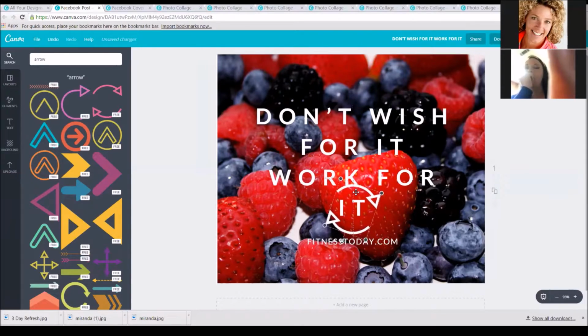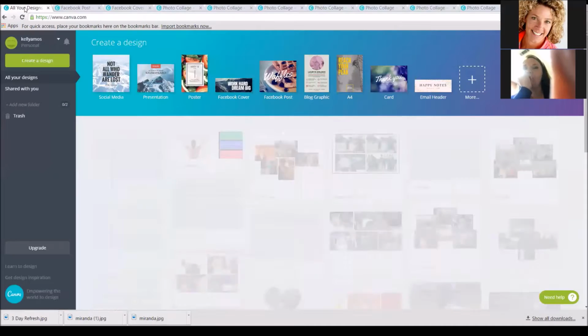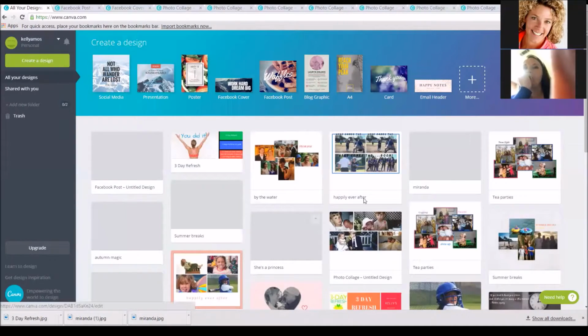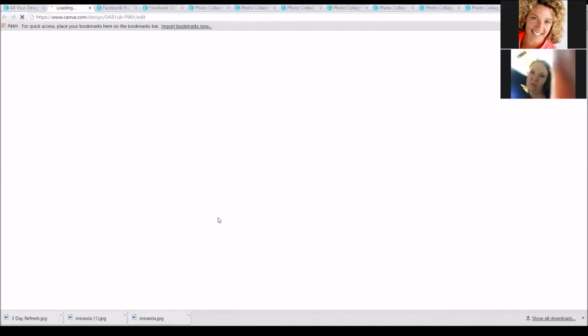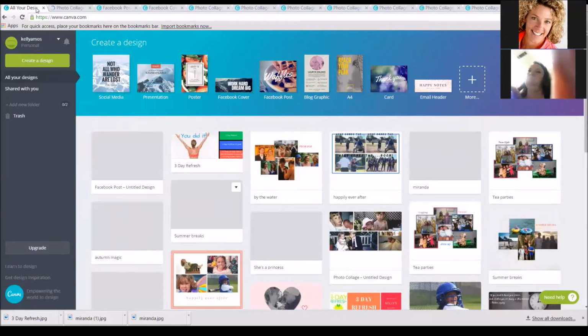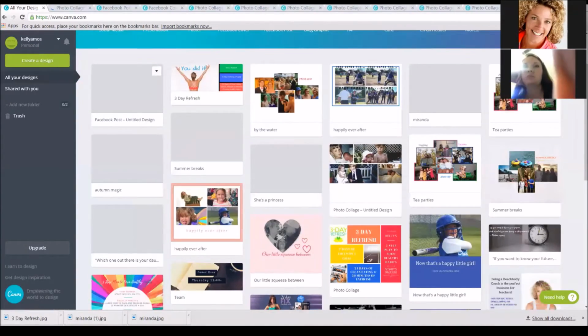So see, you can do tons of stuff with this. Whatever you want to do. And then again, just download it. If I'm not done with it, that's where in my designs, I've got a ton that I'm not, if it's like this, I haven't downloaded it. Or it might just not quite be ready. But